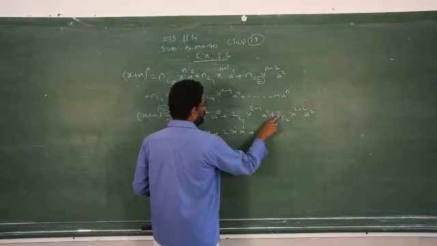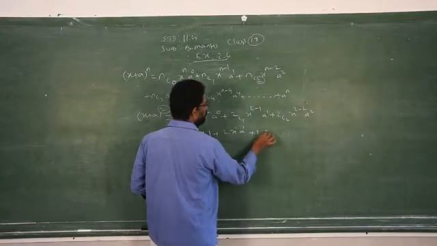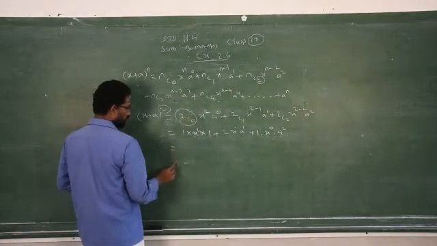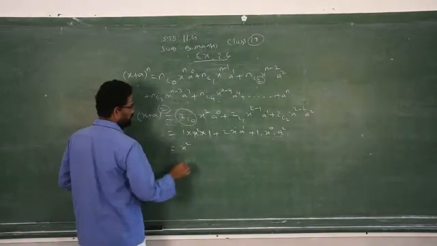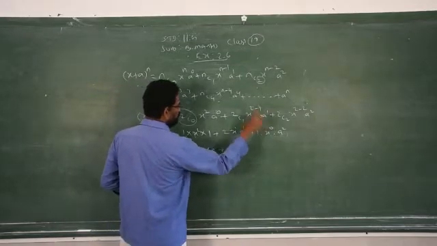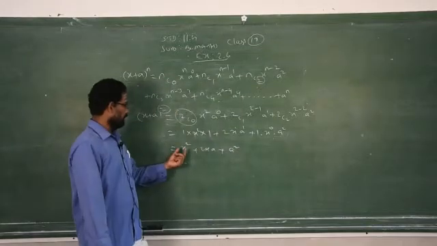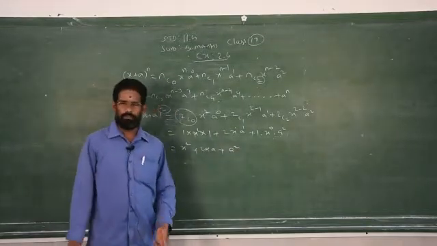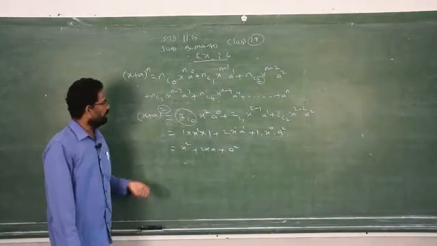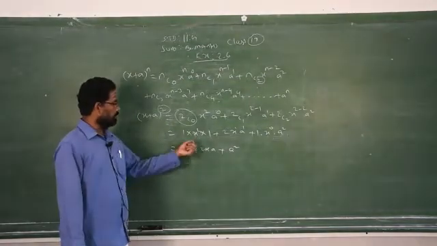When the prefix and suffix are the same under combination, it will always be 1. 1 into x power 0 into a square. 1 into 1, 1, again into x square plus 2x into a plus anything power 0, 1, 1 into a square. See, this is nothing but what? a square plus 2ab plus b square. Clear? So this is the general formula to find the identity. So (a plus b) the whole square equals a square plus 2ab plus b square.